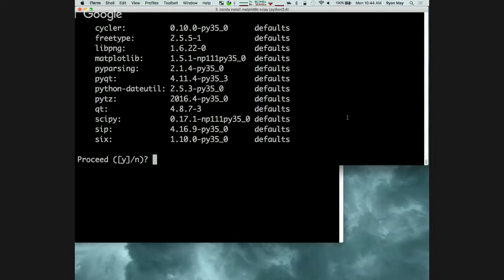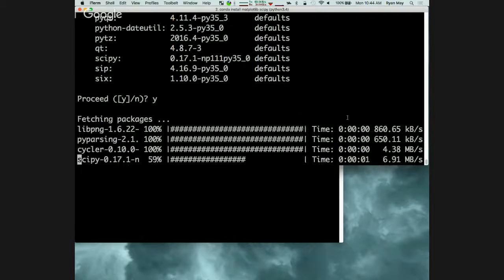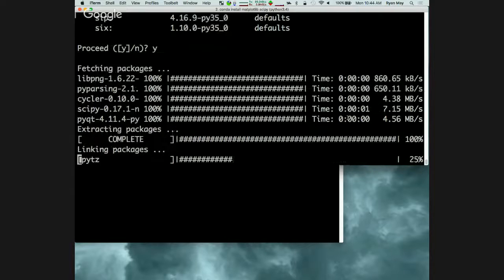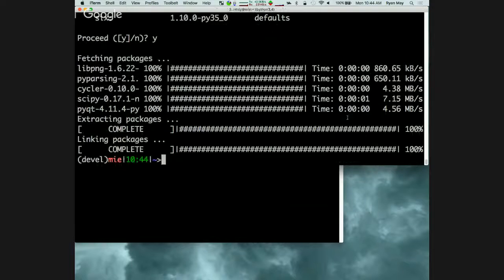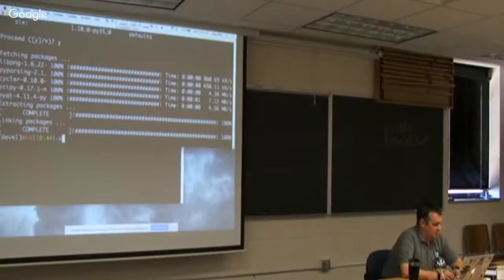And say yes. Is there a way to get a list of the available libraries that they support you to download from them? I don't know about listing them all. You can do a search. Okay. And I think we have that coming up eventually. Okay. All right. So I just wanted to seed some of these downloads.